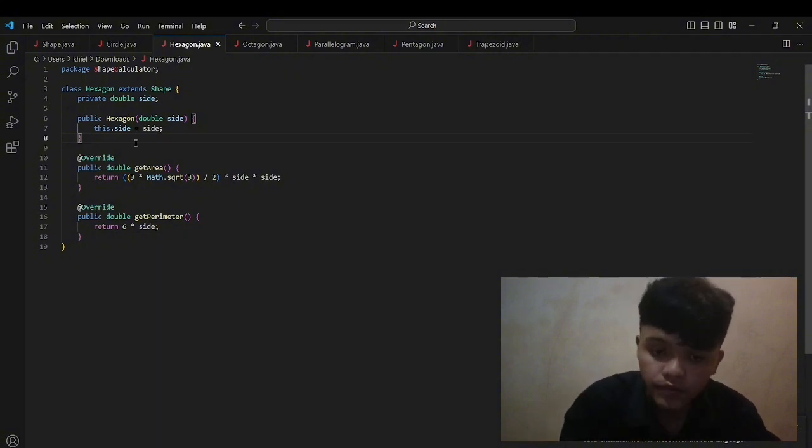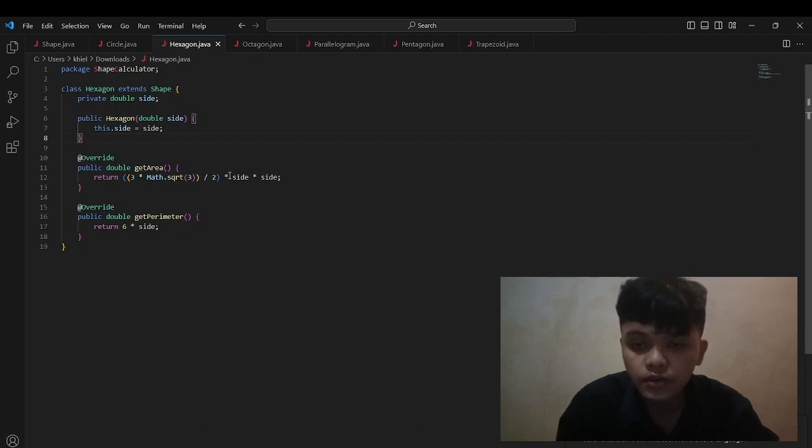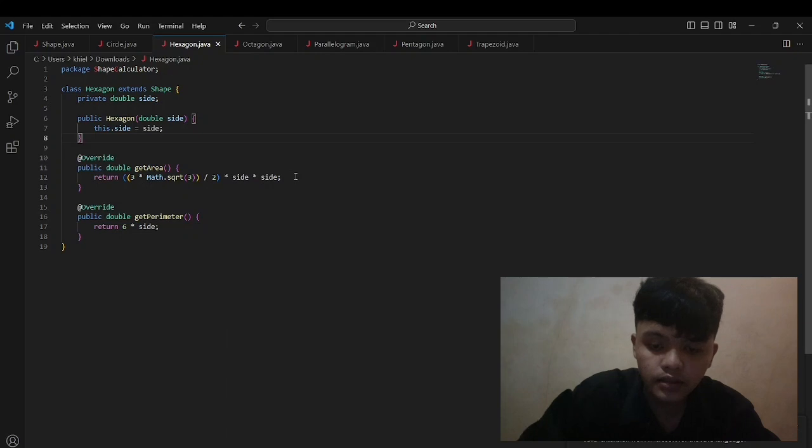The method is overridden to provide a specific implementation for calculating the area of the hexagon, which is 3 times Math.sqrt(3) divided by 2 times side times side.